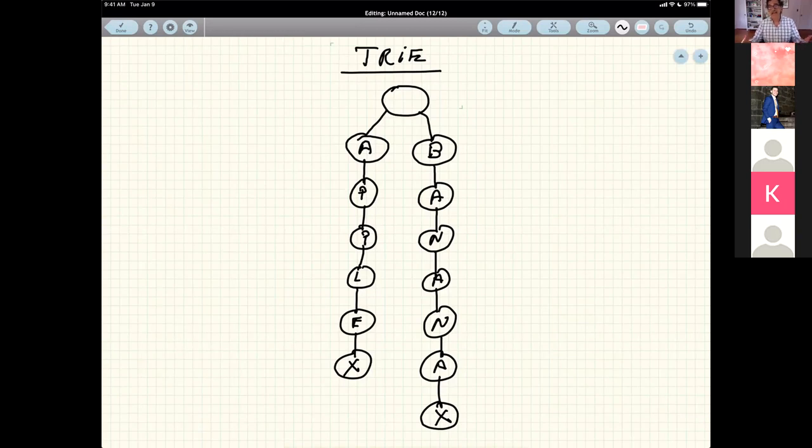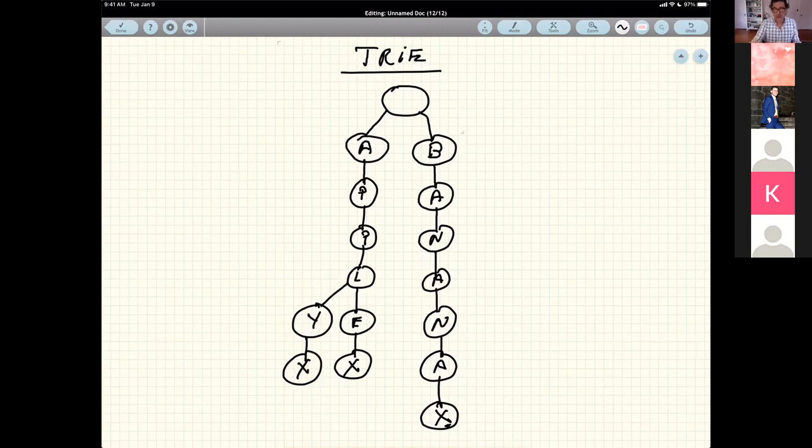If I wanted to add the word apply to this trie, notice that apple and apply have a common root in the beginning, APPL, and will only require adding a Y node saying this is another word.